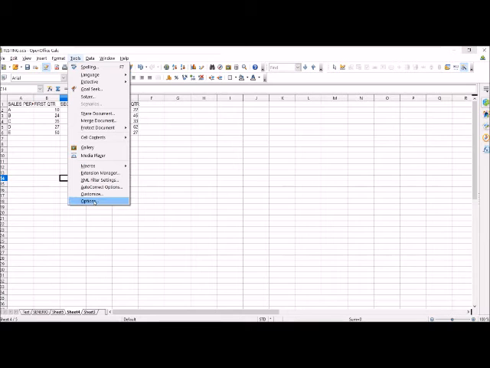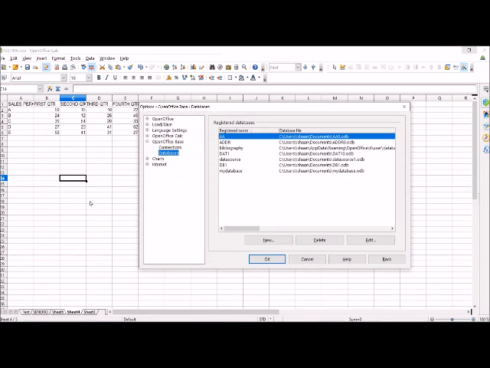So now the last option in this is link to registered data. The last learning outcome of this session is link to registered data. For that, I'll go to tools menu. I'll go to options.